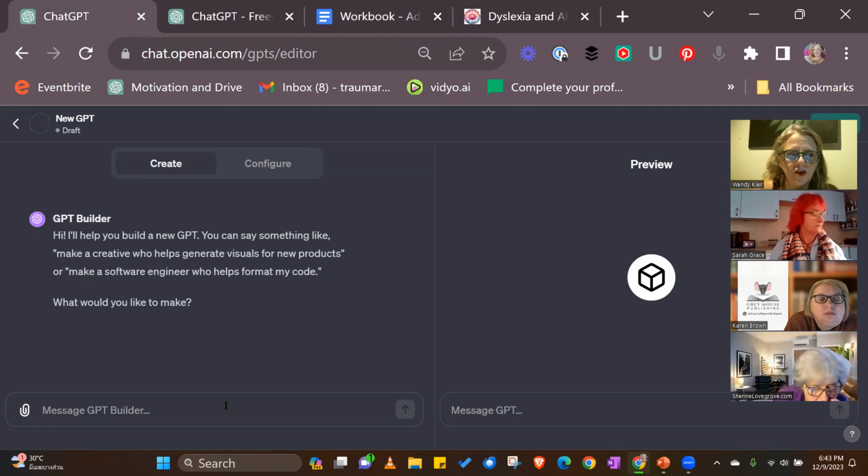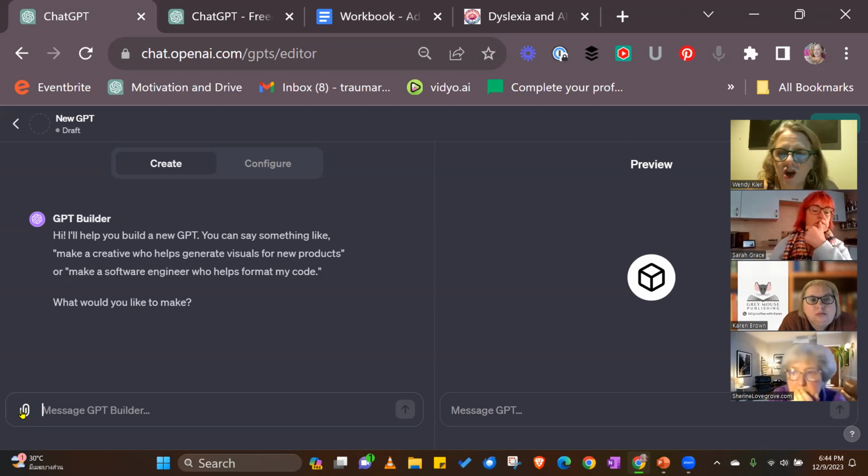So I want to create a GPT that is going to help with whatever that is going to be. You have a little paperclip icon. So maybe you have a report that you want to upload. You could ask it to analyze what's in there, the style and tone, what the key points are. So then you could use that as a foundation to build your GPT from.